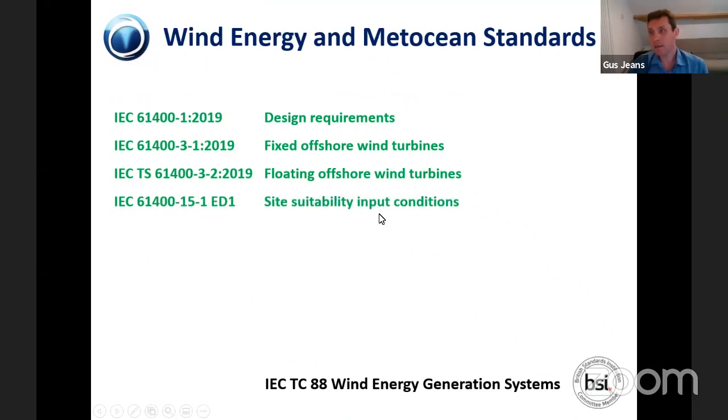It's also worth mentioning here that there's a whole series of a large number of different working groups and document series within the IEC standards. Another one that's relevant to this is the -15 documents, which again are in development, but they're looking more at site suitability input conditions, and that has an input on the wind resource. So within the engineering design and wind resource communities, there are already some differences in the approaches to the way things may be done,